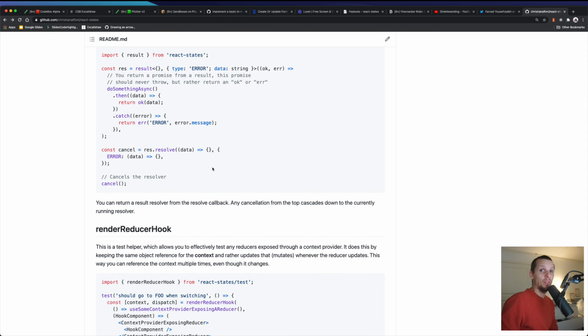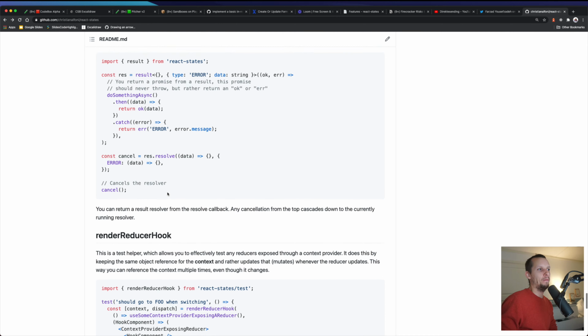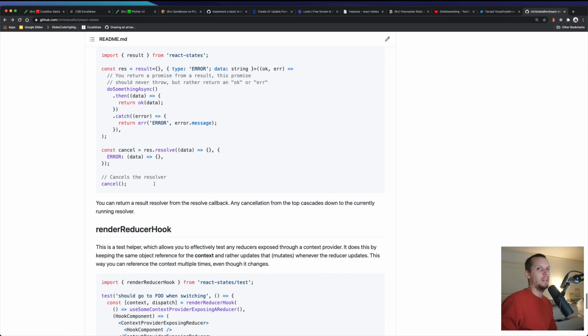So that means that you don't really have to deal with cancellation specifically related to fetch or whatever else. It's a generic cancellation around the promise, because you don't really want to cancel the HTTP request. That sounds a bit silly. What if you do a post and you just cancel it? And what does the server do when you cancel it? It feels better to just cancel further execution.